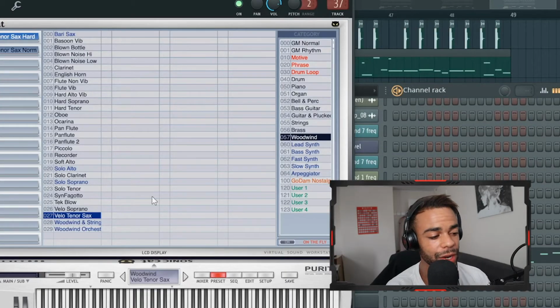Whenever I'm making a lead, normally I open up Purity, test it in there, and then sometimes, only sometimes, I switch to another plugin or VST to make it in there. So I went over to the woodwind. I chose Velo Tenor Sax. I'm not sure if that's the way to pronounce it, but who cares, which normally sounds like this,